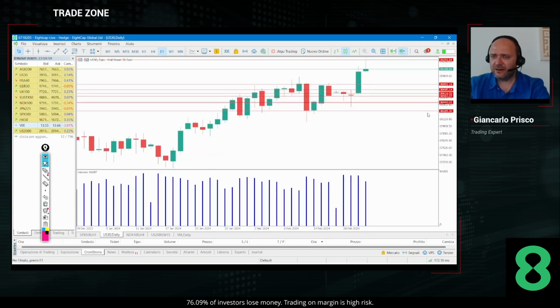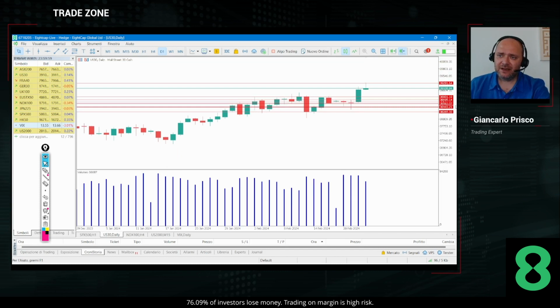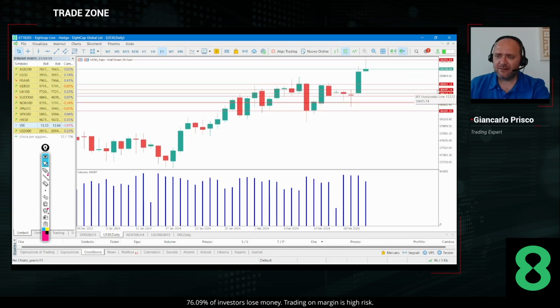We have arrived at our target 39,291. This is the 300 level. Essentially it was the next support. Now we see if the market could continue going up. For Nasdaq, we have the 18,500 level, 19,000. Here we can arrive at least at 39,700 level, 40,000, but it is quite complicated if we don't see at least some strong retracement.